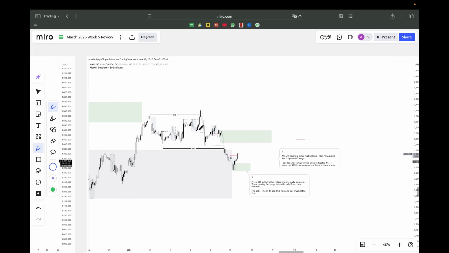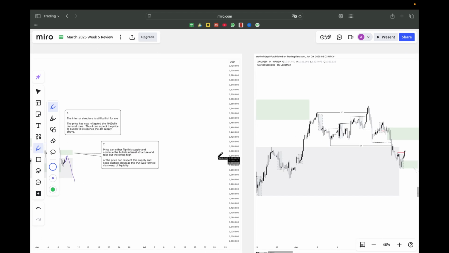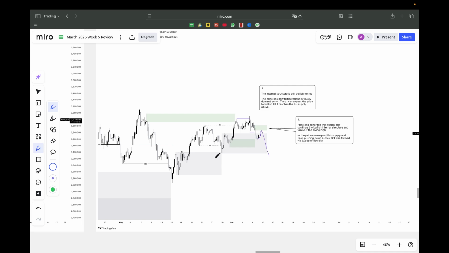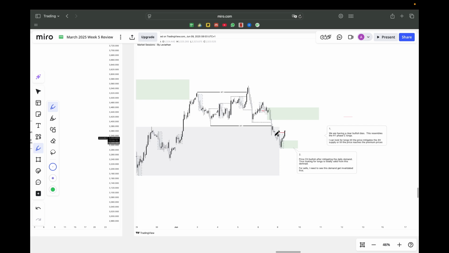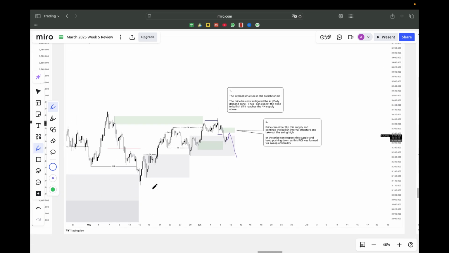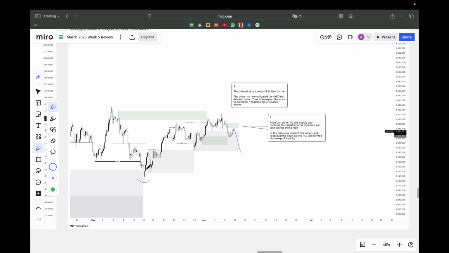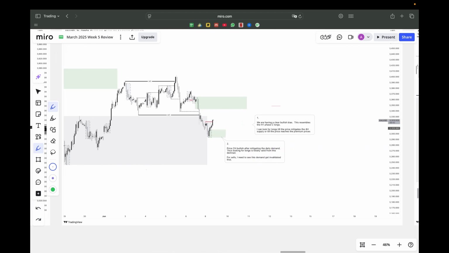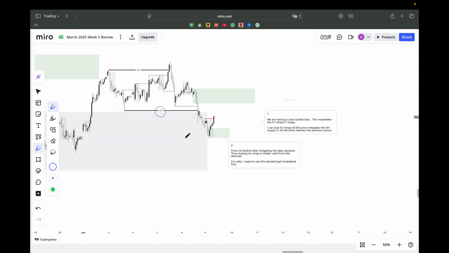So yeah, from the H1 perspective, the H1 swing structure is bearish. The H1 structure facilitates the 4 hour, I mean, meets the 4 hour objective. Since the 4 hour swing structure is bearish, once the internal structure, the H1 swing structure, shifts bearish, then we can say that this H1 swing structure will remain bearish till the price takes out the weak H1 swing low. That's the expectation. Since the H1 swing structure is bearish, and recently the price has done a BOS bearish, the price is still in the daily demand zone.